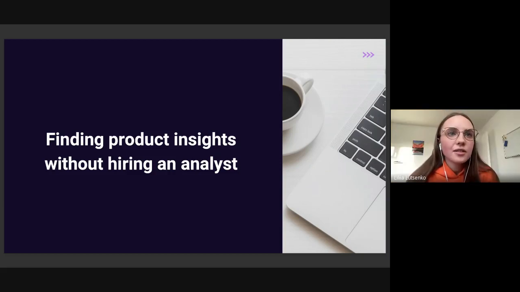Should a startup do analytics during the prototype step or during the MVP stage? I would say during the MVP stage. At the prototype stage, you're just testing it with users, and there are not that many users to measure. You can see where users click and what they do.